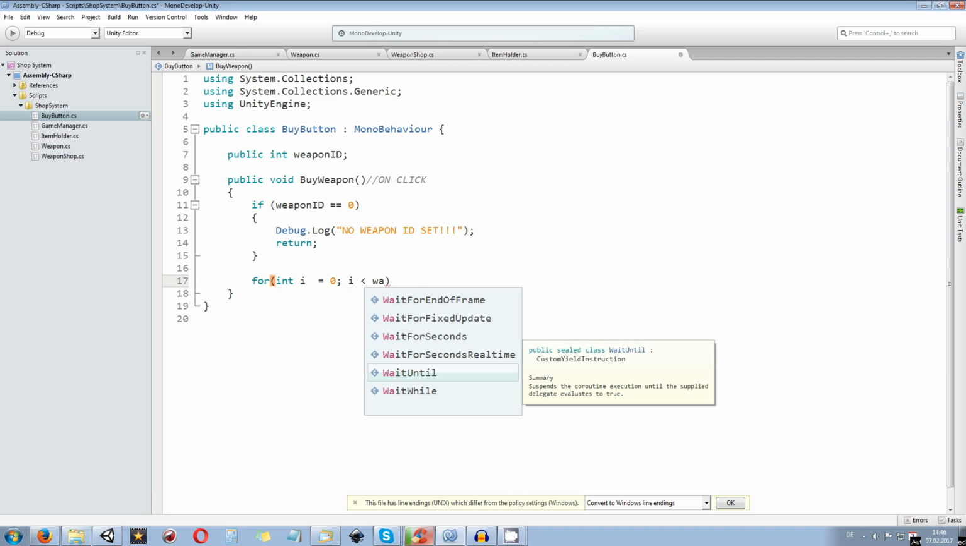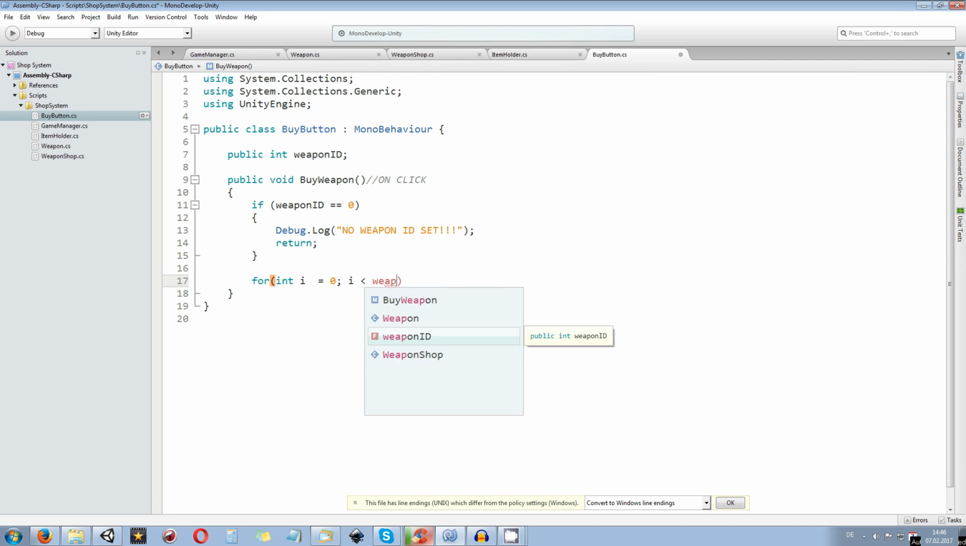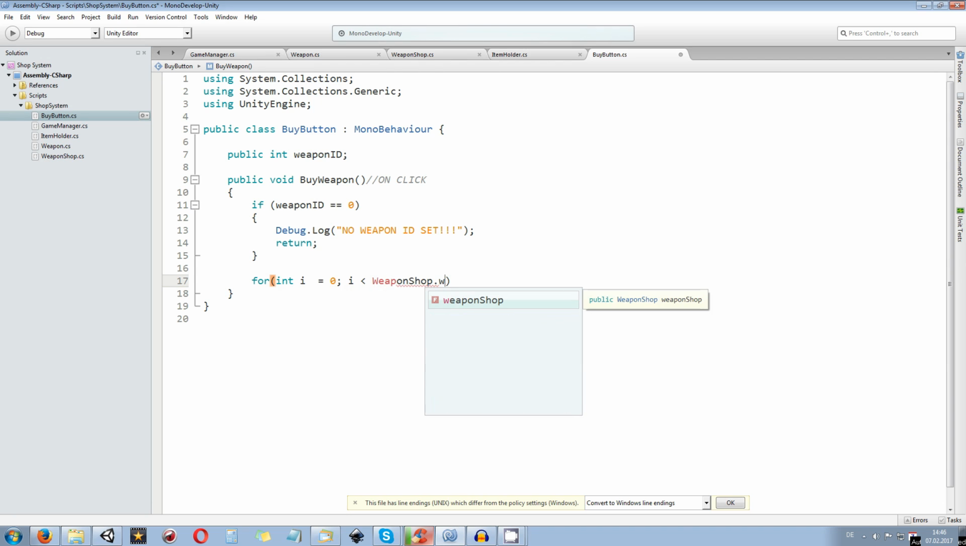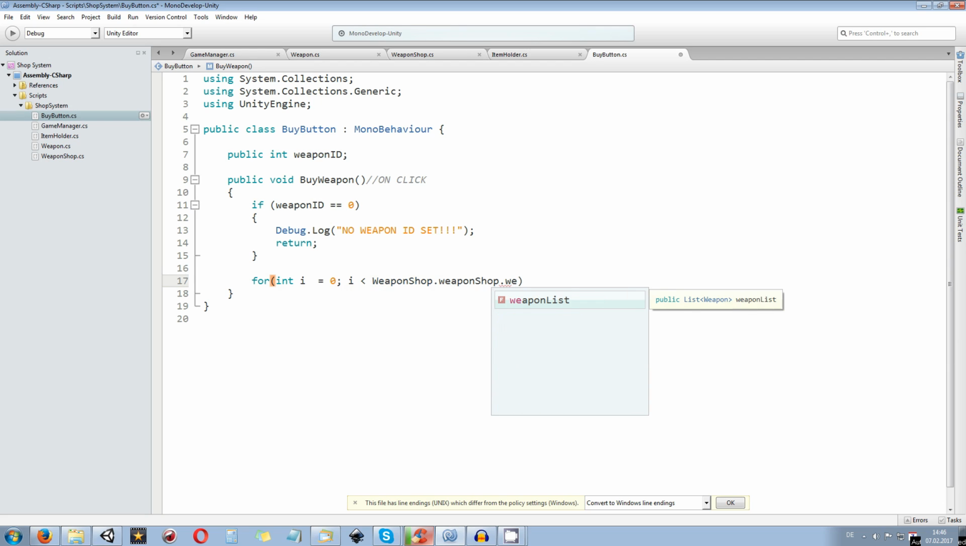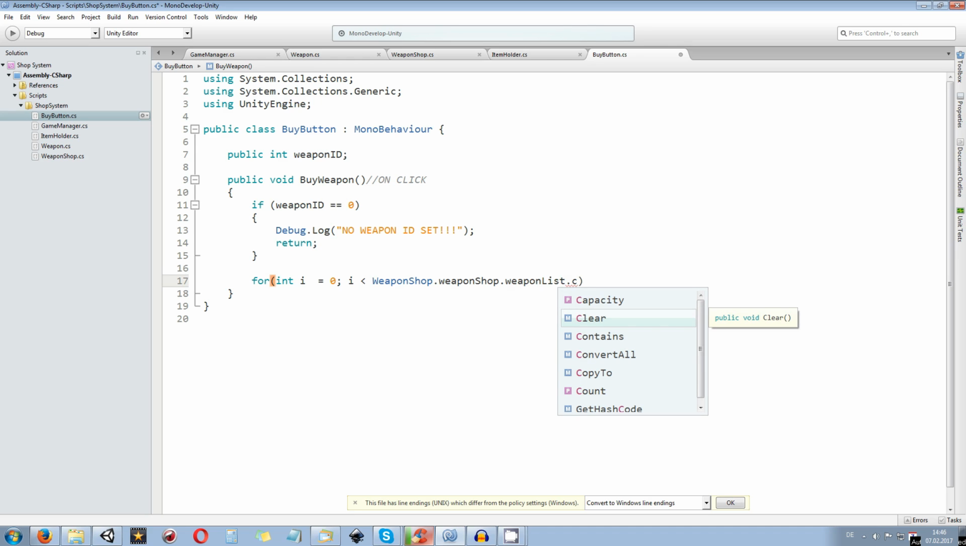So we have direct access to the weapon shop itself, weaponshop.weaponshop, and now we want to see where the list is. It's going to be the weapon list, and we want to have the length of the weapon list. So it's weaponList.Count. So while i is smaller than the length of the weapon list itself in the shop